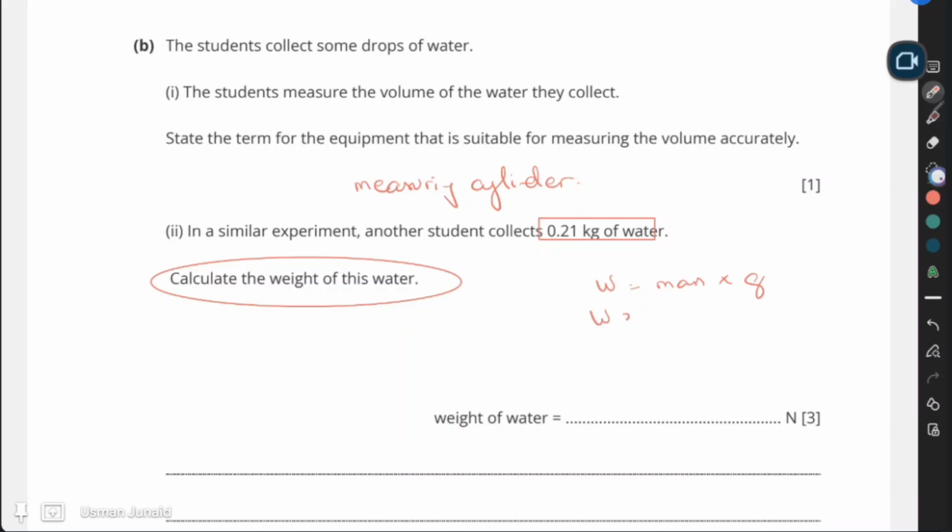So weight is equal to 0.21 times, you can either take 9.81 or you could take 10, but it's probably better that you take 9.81 or 9.8, which would give you